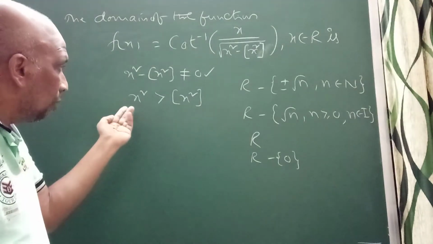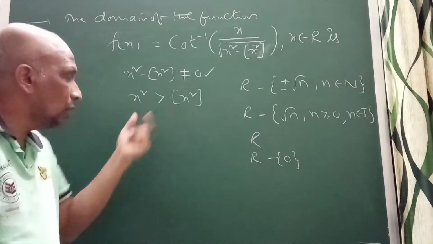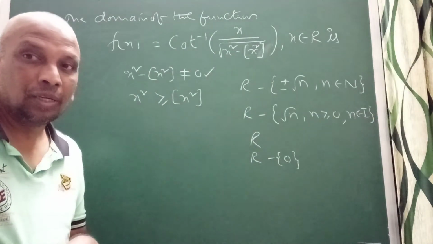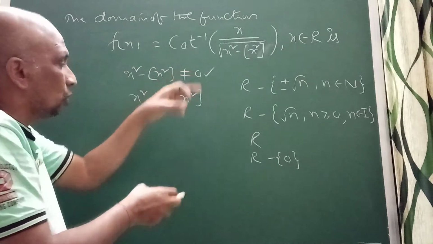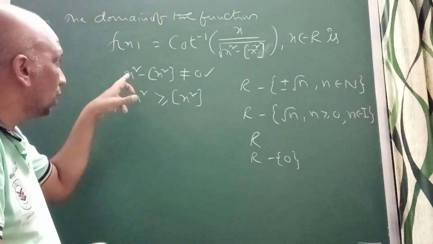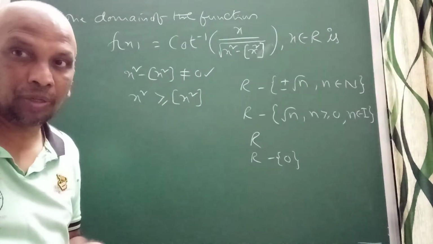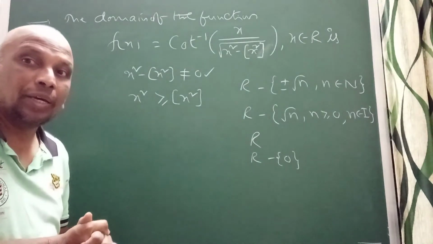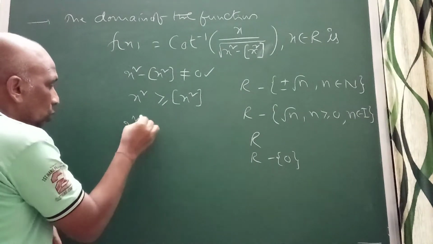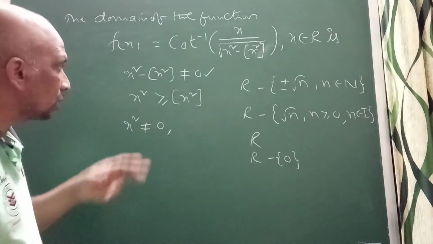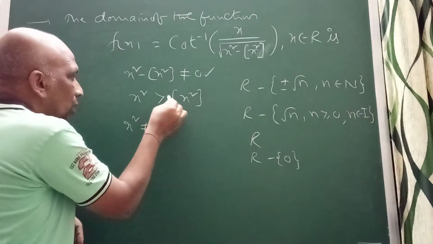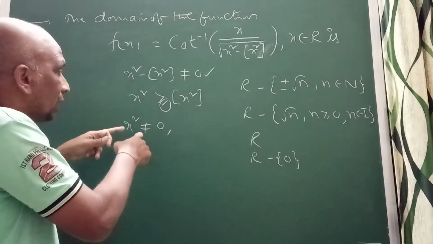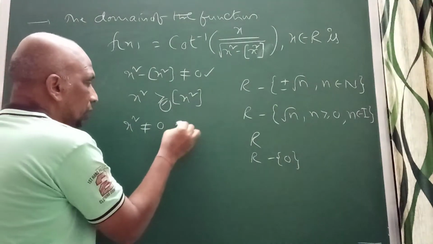So what you observe here: if we compare these two, x square is greater than or equal to step of x square, you will get. But this equality you won't accept. This value should not be 0, right? You won't consider that. The reason is x square should not be equal to step of x square, correct? For what values of x square does it not exist? So we can see x square should not be equal to 0, because I don't want this equality to be allowed, right? That equality also I don't want. The given condition should be: x square should not be 0. It should not be a positive integer.